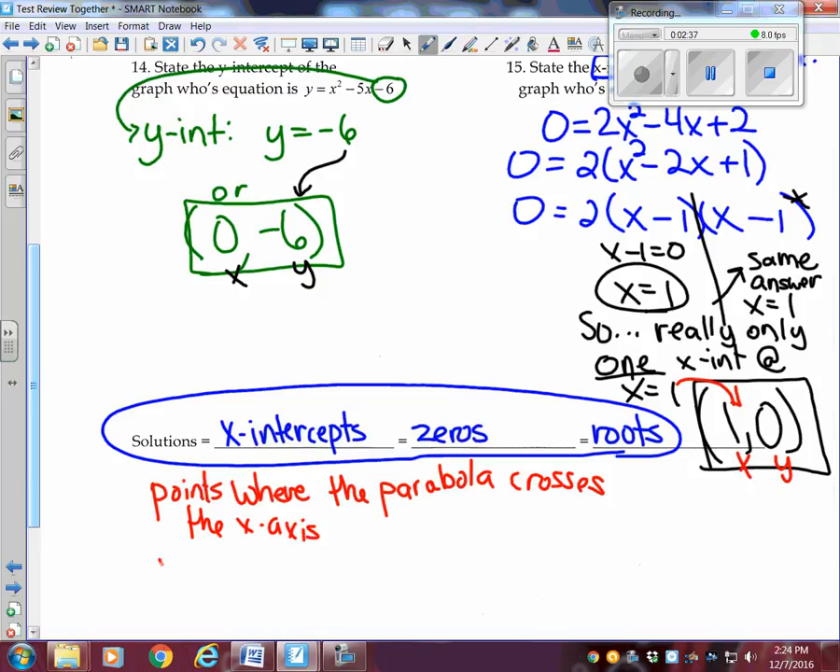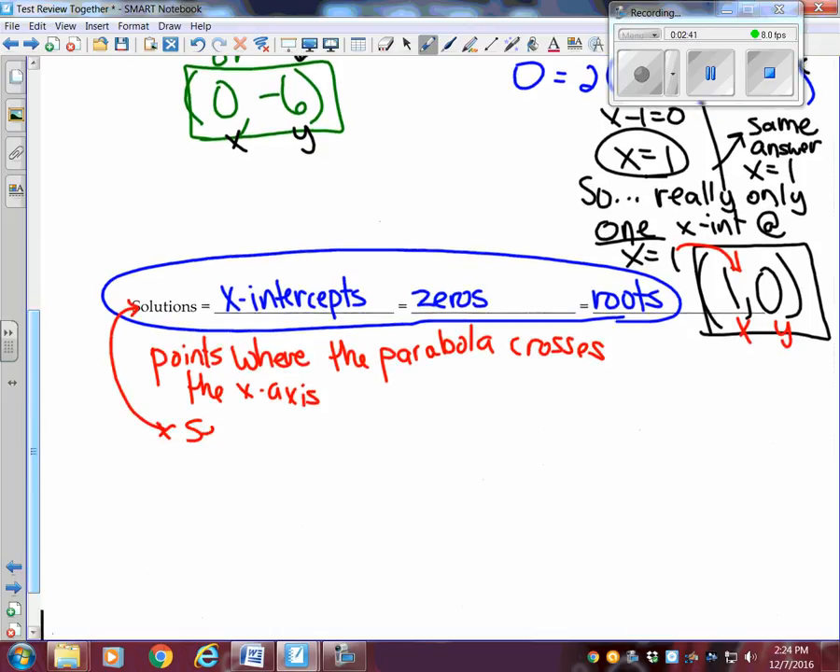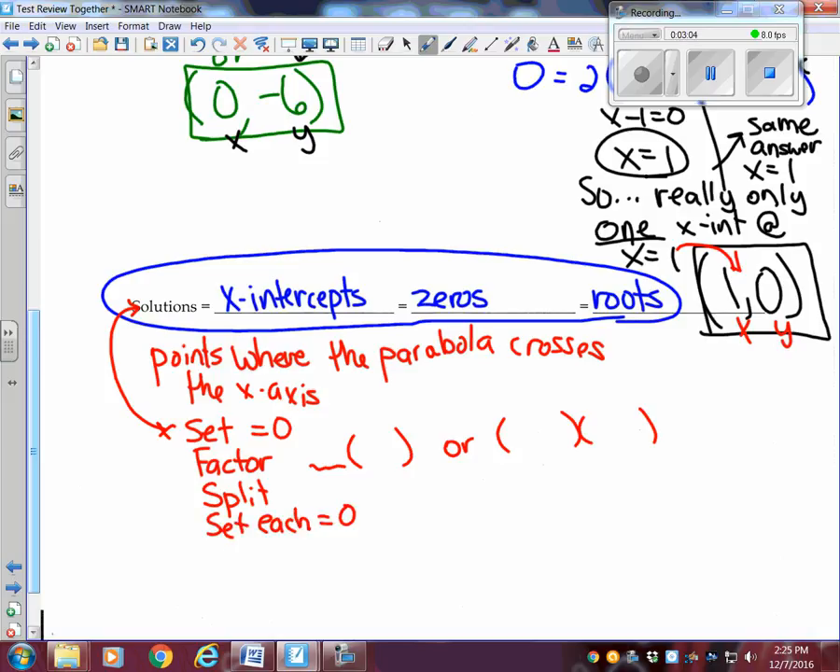Usually what this means is if you see something that says find the solutions, that means you're going to set it equal to 0. You're going to factor, either with a GCF in one set of parentheses, or you're going to factor into 2 sets. You're going to split the factors. You're going to set each factor equal to 0,